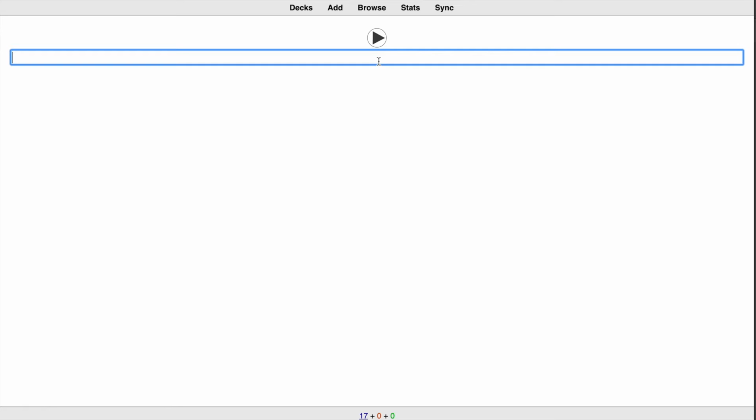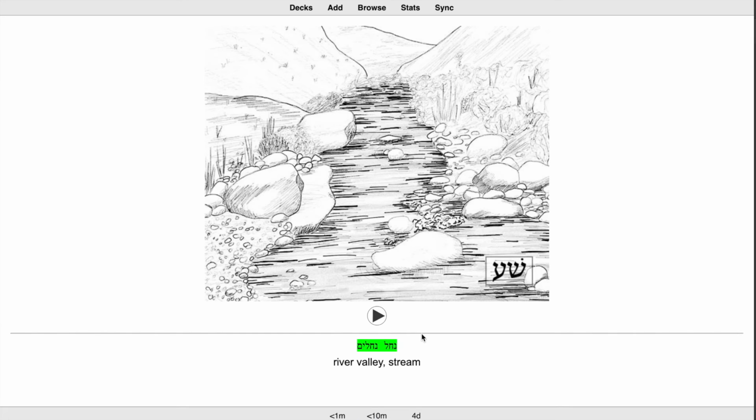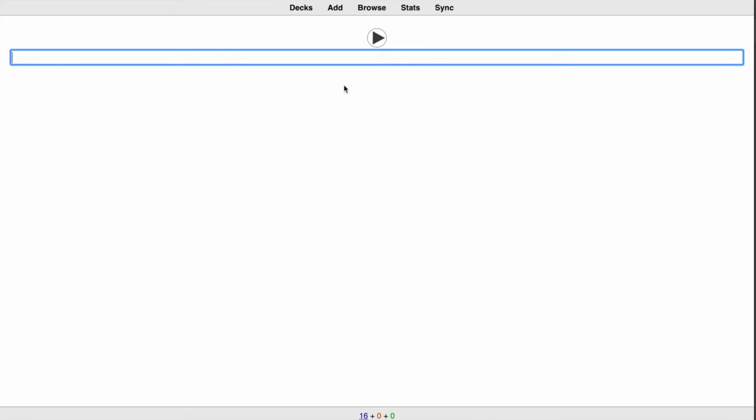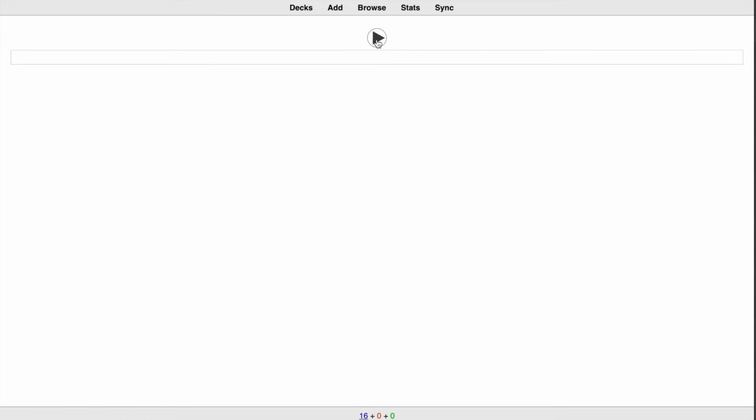All right, now this one, it gives you audio and then it's telling you you need to type it. I type it and I show the answer. And here it's not going to be showing me the Hebrew, it's just going to show me the vowelless Hebrew that I type. Perfect, and then the English gloss, and that was easy for me. נהר, נהרות. Now say you didn't catch it, you can just click the audio again. נהר, נהרות. Did you hear that?